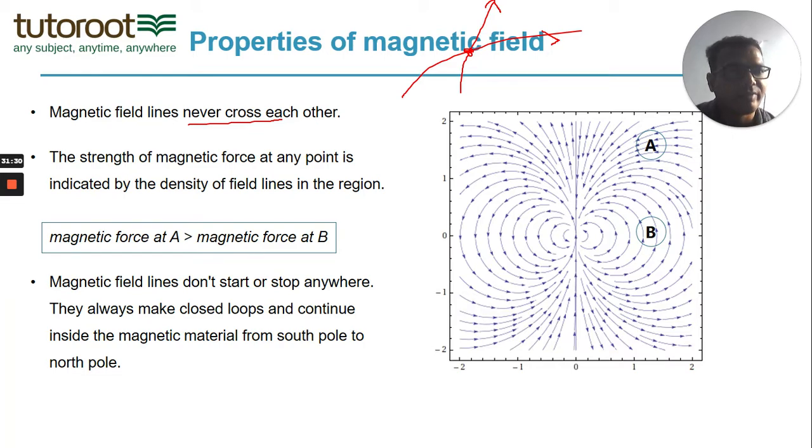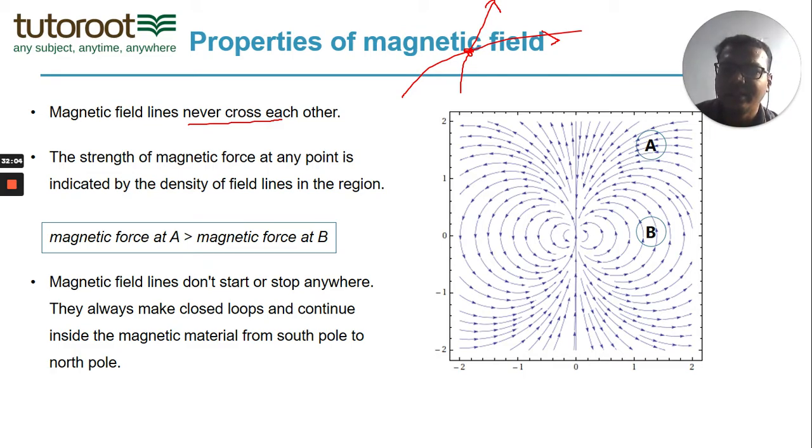So this is a very common theoretical proof that if two magnetic field lines are crossing, then at that intersection a compass needle cannot point in both directions, or in the average direction. That's not possible. Hence, this shows that magnetic field lines are always separate from each other. At any point, a compass always points in one direction. That means there is always one magnetic field line going through that area. Two field lines can never cross each other.